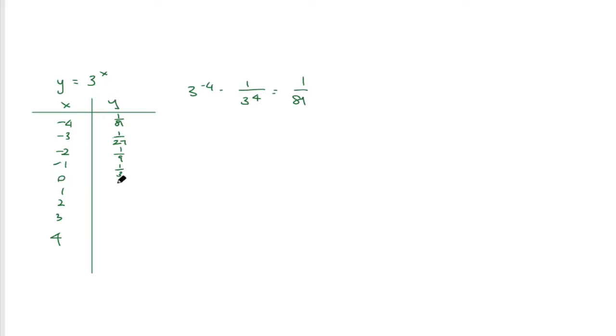And anything to the power of 0 is just 1. Then we're starting with 1. So 3 to the power of 1 is just 3. To the power of 2 is 9. To the power of 3 will be 27. To the power of 4 is 81. Okay, so